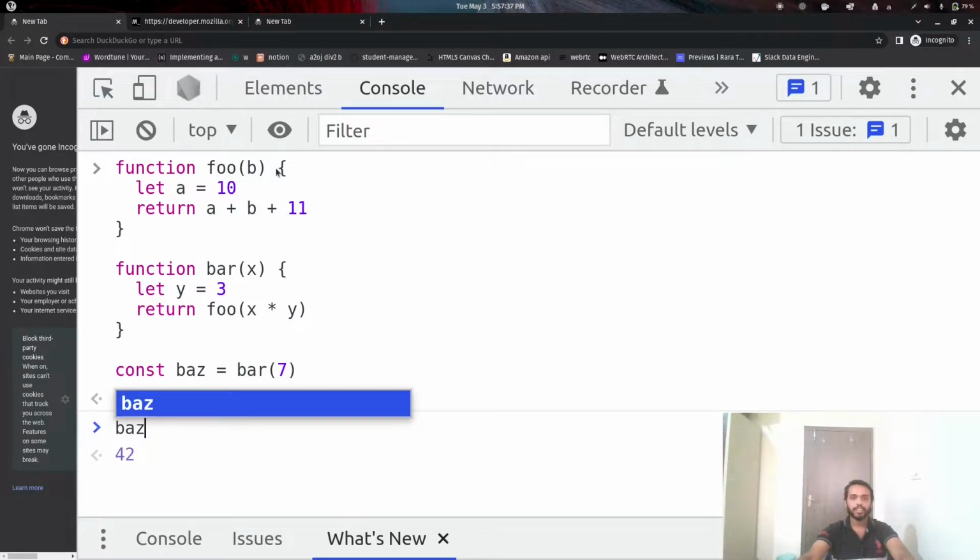When foo is terminated, the JavaScript interpreter goes back to the previous function which is at the top of the stack, that is the bar function, along with the variables present inside it. When bar is terminated, it returns the value 42 to base. So when bar is called, it creates a new frame and pushes the bar function along with its static variables into the stack, moves to the foo function and performs the operation, then gets back the bar function from the stack, performs the operations, calculates the value and assigns it to base. This is how the stack works.